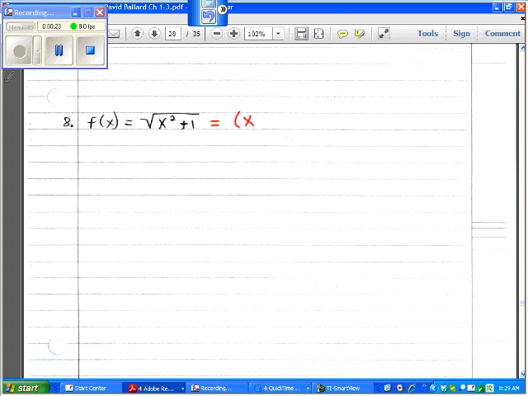So we know that that's going to be x squared plus 1 raised to the 1/2 power, the square root to the 1/2 power. We're going to find the first derivative. So we take the exponent, 1/2, we have a chain rule, 1/2 times the guts of the function, reduce the exponent by 1,